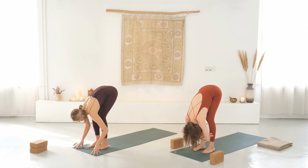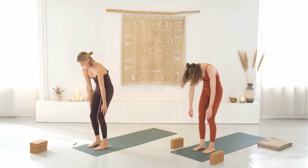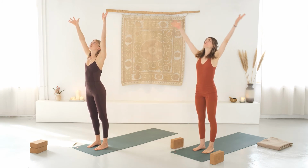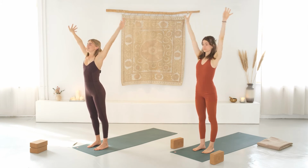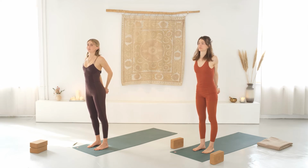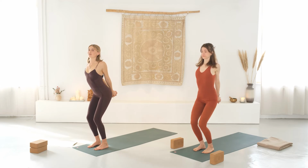Now bend your knees and vertebrae by vertebrae, roll yourself up to standing. Extend your arms all the way above your head. Take a rich breath in, and as you exhale, interlace the hands behind you, big fist. Lengthen your arms, lift your chest, lift your heart, take a micro bend in your knees, and from this bend